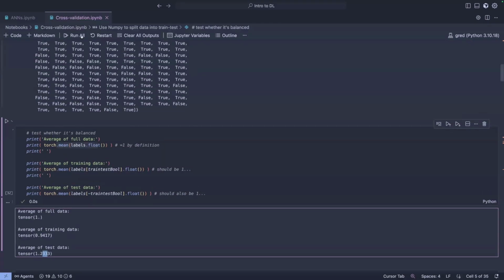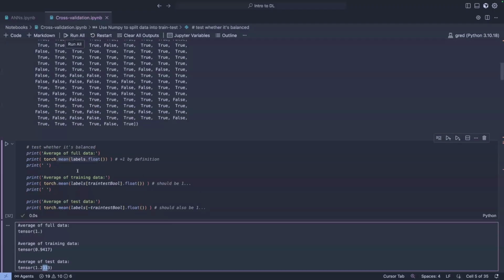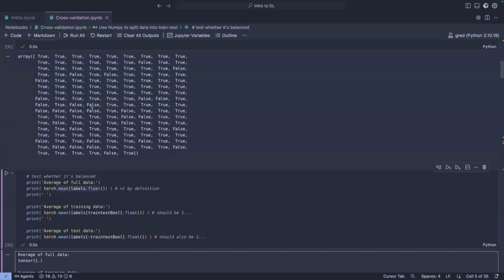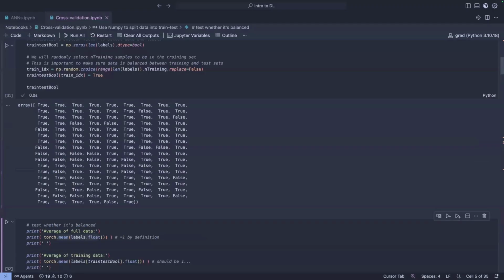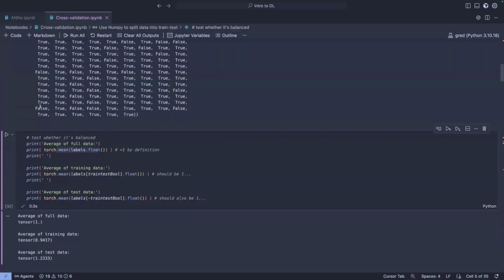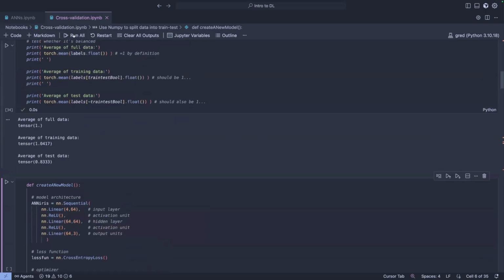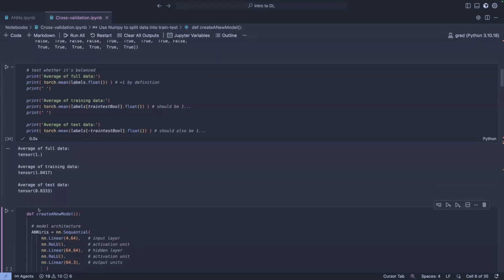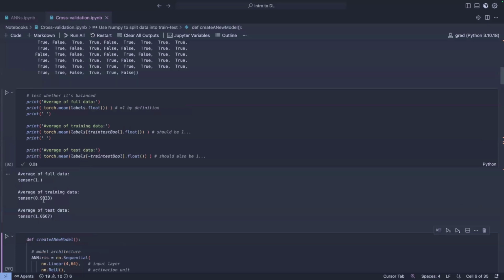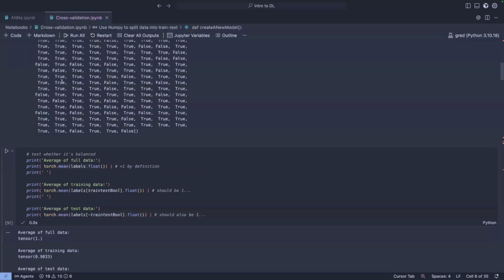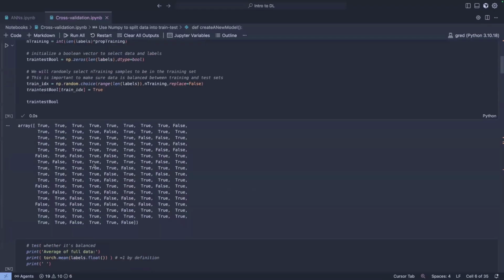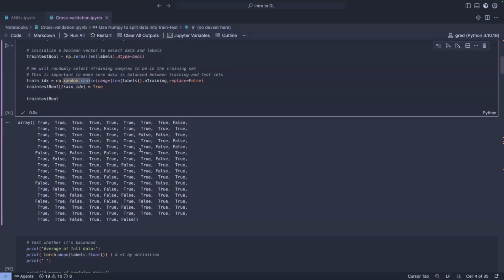And because this is random, you can repeat this process of selecting random indices until you get values that are better. For example, this is now the opposite: you have more twos in the training data and fewer twos in the test data. You could keep doing this until you have equal proportions. Yeah, so this is better, for example. This is like 0.98 and this is 1.06. The reason it changes every time is that this function is just making random choices of the indices and assigning some of them to true and some of them to false. Does that make sense? Hopefully that's clear.